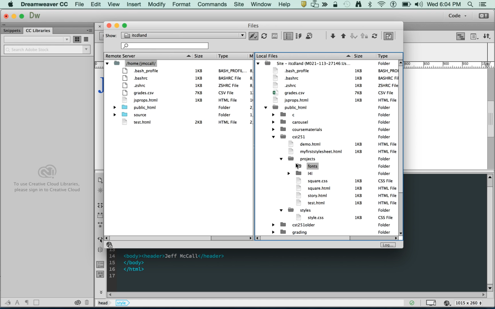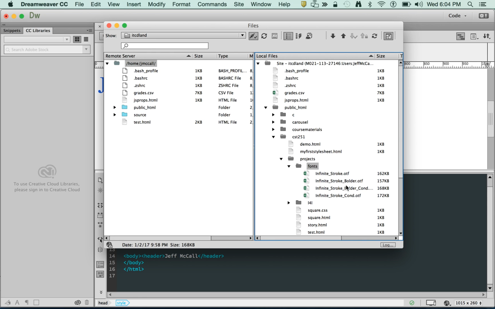Let's see here if this is going to be nice to me. And it doesn't seem to be updating here. There it is. So here are the fonts that I've dropped into the folder, and you can see that these are .otf files. So these are open typeface fonts. Now you don't have to install these fonts on your computer. The browser and CSS take care of displaying the fonts. So what I've got here is I'm going to select this font, and I'm going to just copy that name so I have it here